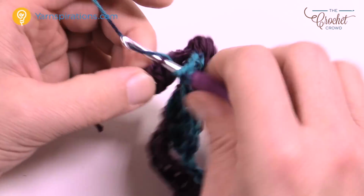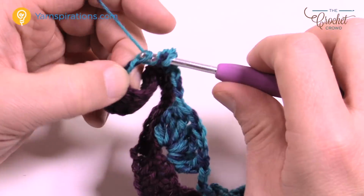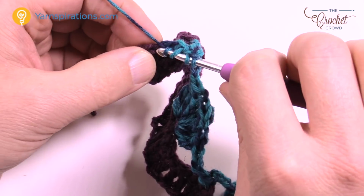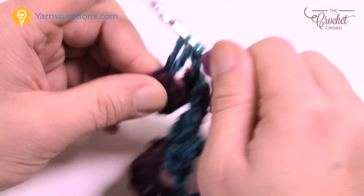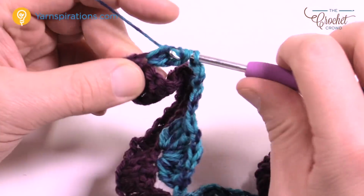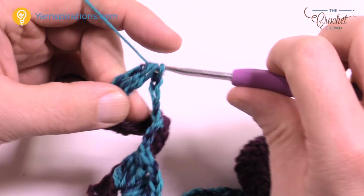So wrap that hook twice. See, that's what happens if you don't prep yourself before you do the counting. You screw up. And we get this bobble completely done. Pull through all